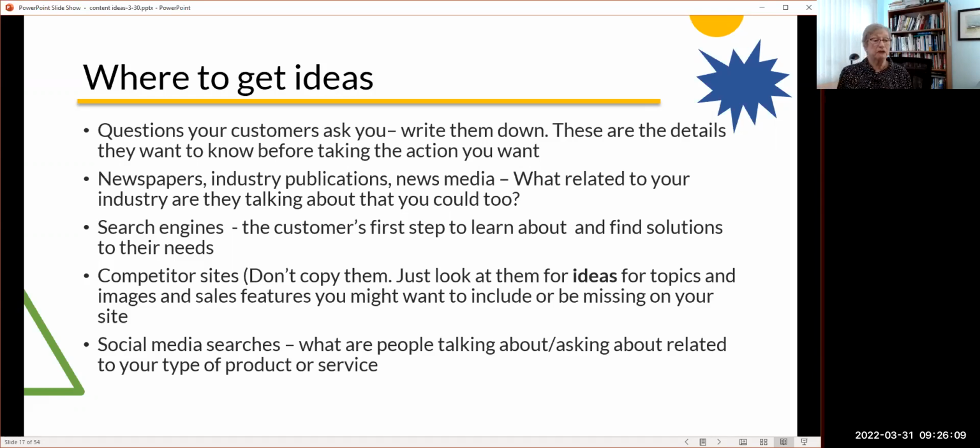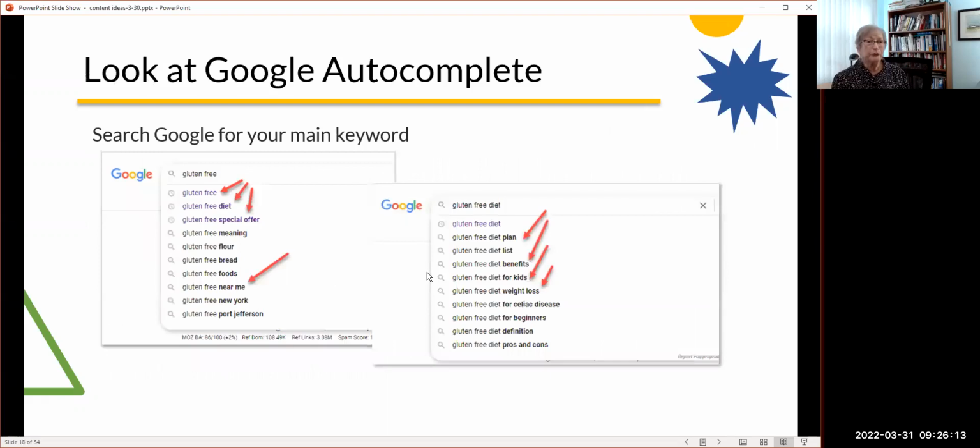The easiest and the fastest way is to look at the search engines. Search engines, Google particularly, but Google and Bing, have years of experience and years of data about what people are searching for. And what people are searching for is the information that they want to know about any product or service. And if they're searching for it, you need to have that content on your site. It's that simple. You want to help them answer their questions.